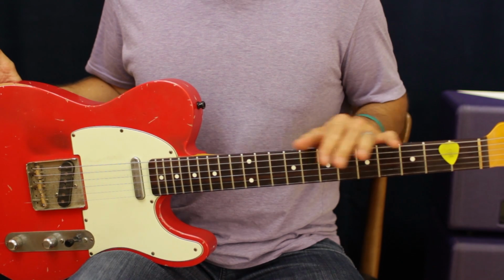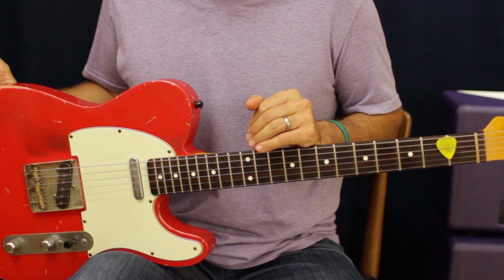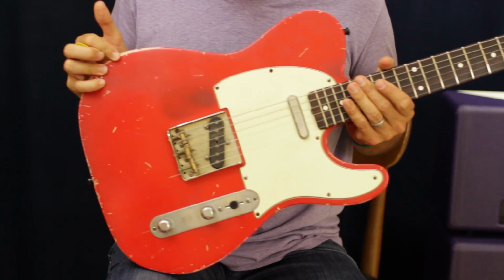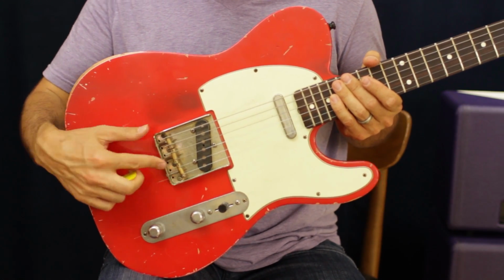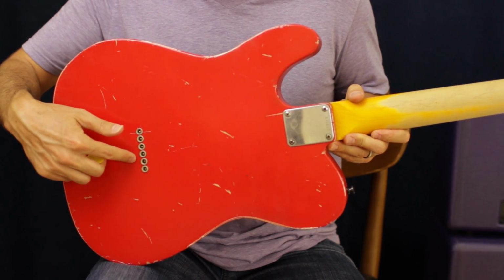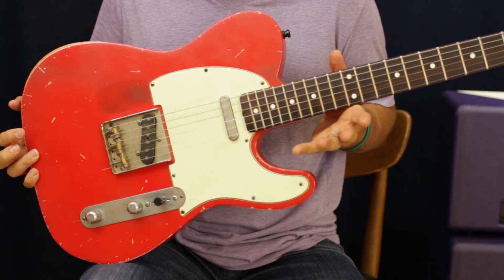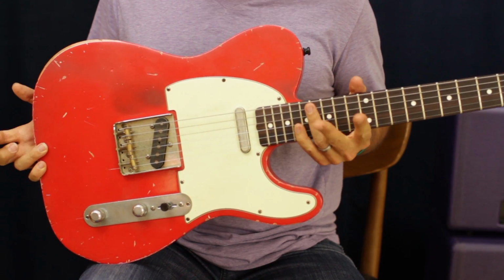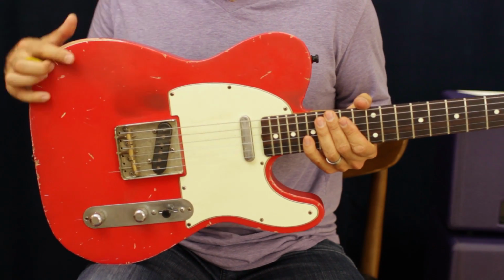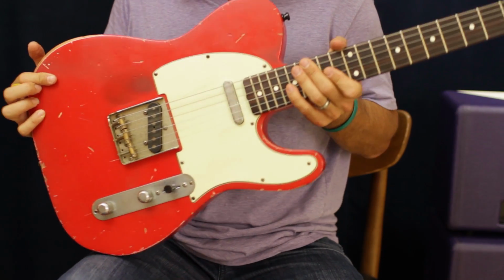Like I was saying before, different tones. When you get into recording, it's a totally different voice that you're going to hear with a Telecaster. They also don't have any springs on the back side of the body, right? It's just right through the string hole. To some people that does something with the tone. So listen for yourself, see what you think. This is also Lollar pickups, amazing, best Tele pickups ever. Okay, so